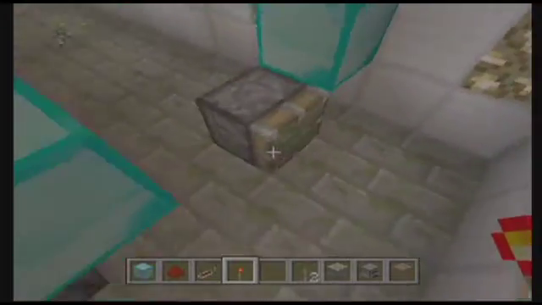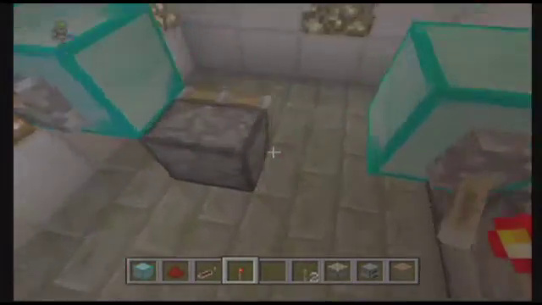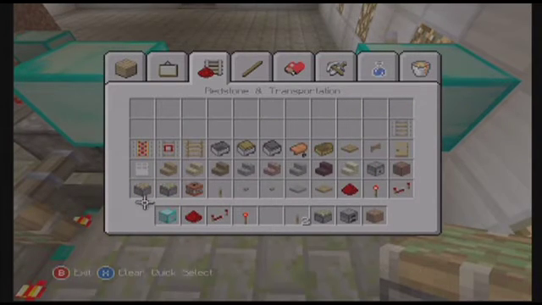Also, you need a piston. This is mandatory because that's what the bud switch is, because it's a glitch concerning pistons. But this doesn't have to be a sticky piston. This can be a regular piston that pushes